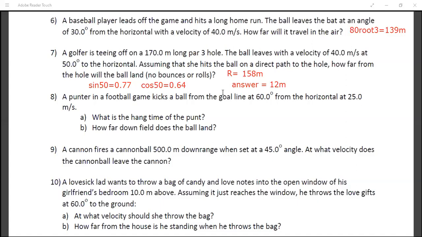Yes, Satakshi, if I take g as 9.8, then the 9.8 part gets cancelled directly. You get over here 16 and the answer becomes 10. Yeah, Ryan? Sir, what does 1 centimeter long par hole 3 mean? Yeah, that means the final post. The final post is nothing but 170 meter away because it is said it is teeing off. Teeing off means it is at the final post. Okay, thank you, sir.